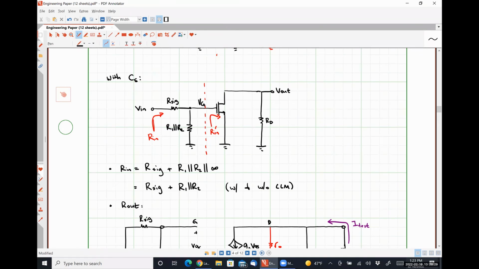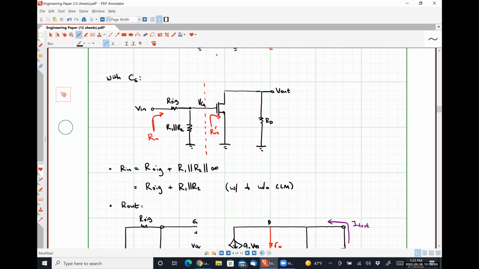Okay, so what does that mean? When channel length modulation is included, you're absolutely correct. Okay, so all I'm saying here,